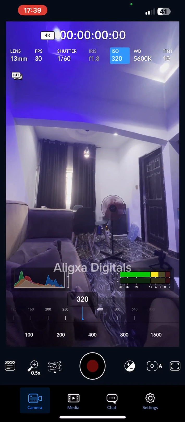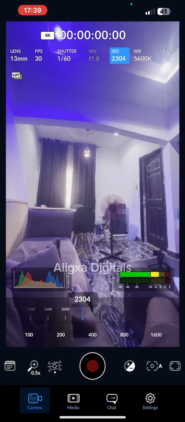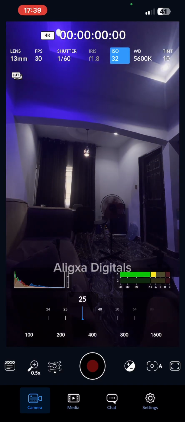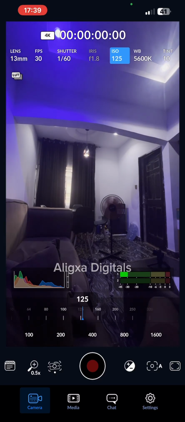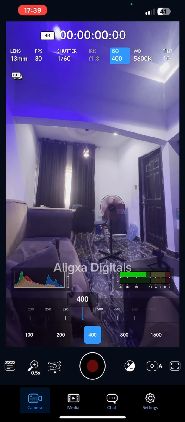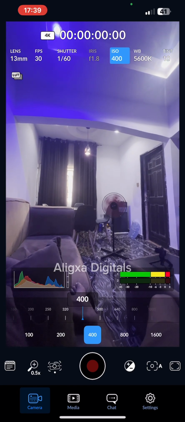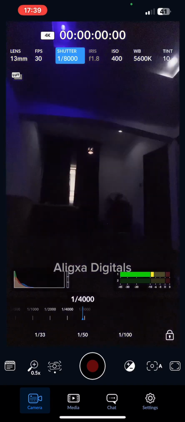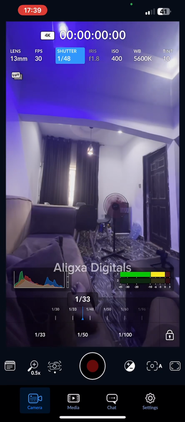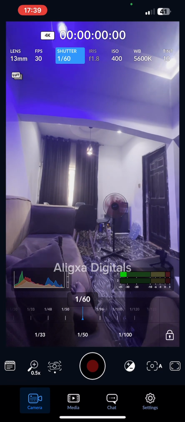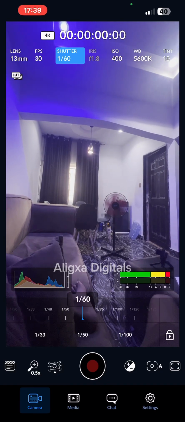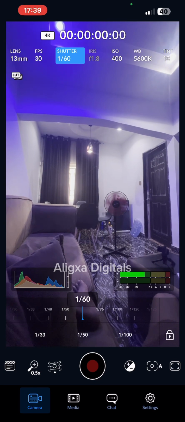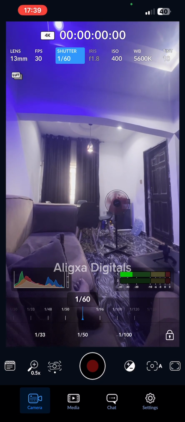When the ISO is very high, you add more noise to it and definitely it becomes more white. When you take it down very much, it becomes so low. The place becomes dark. So leave it at room temperature. The shutter speed you have learned should be twice the frame rate. When you take it very far, it becomes too dark. When you take it very low, it becomes too white. So leave it at twice the frame rate. So pick up your phone, pick up your camera and try to practicalize this thing and let me see what you have done. Apart from that, thank you so much. See you in the next